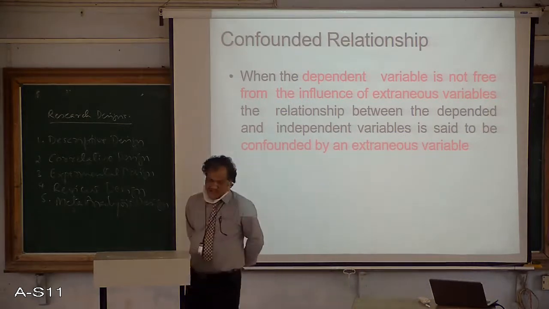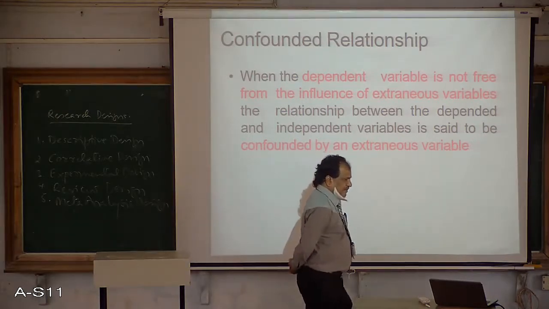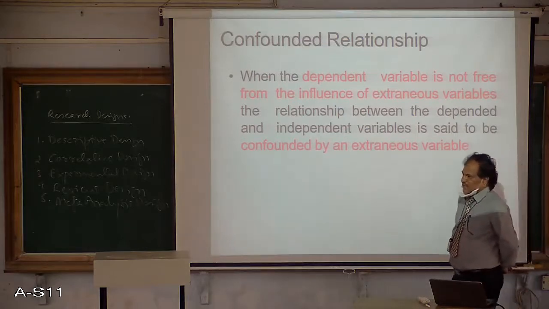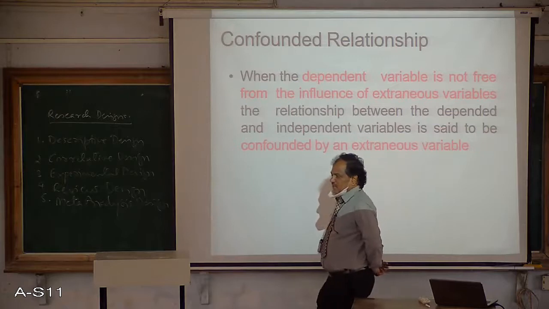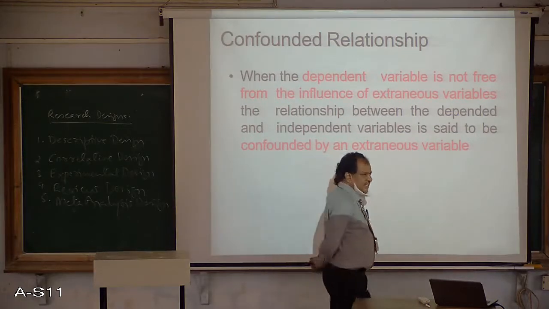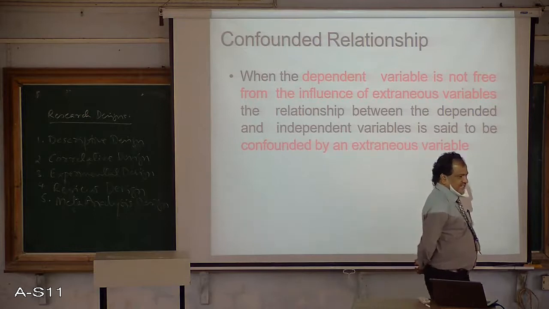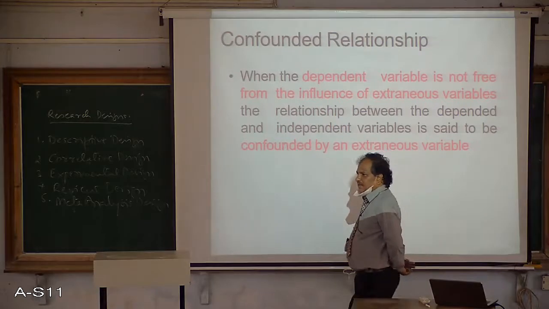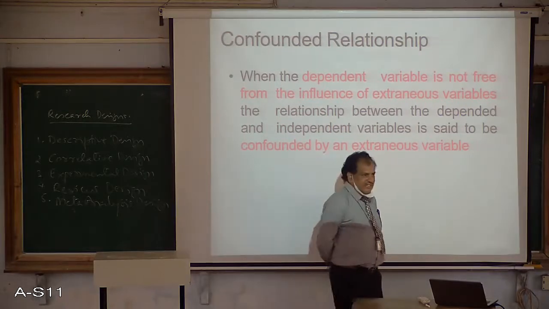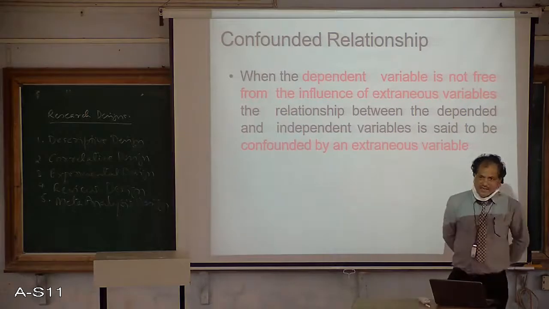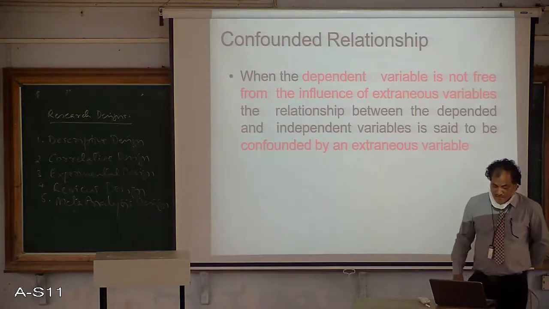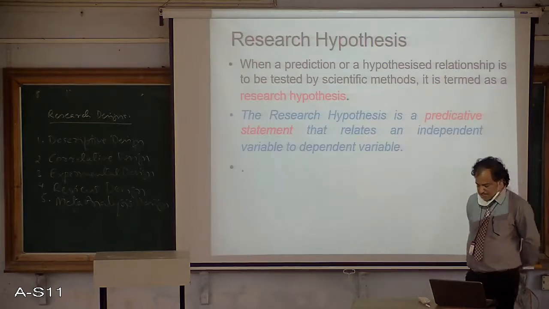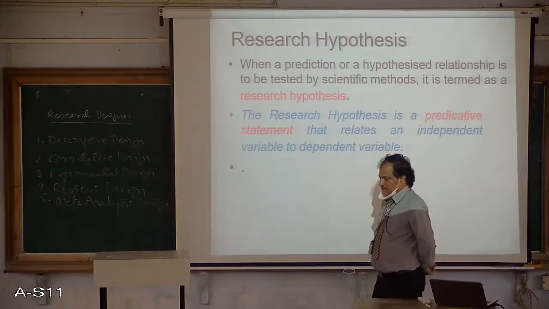As we studied with social studies achievement and self-concept, if there is an influence of the extraneous variable on the dependent variable, to what extent the effect is there, and what exactly is the relationship between that extraneous variable and the dependent variable. That relationship is given a name, and that relationship is termed to be confounded relationship. We will be using this particular terminology for establishing the relationship.